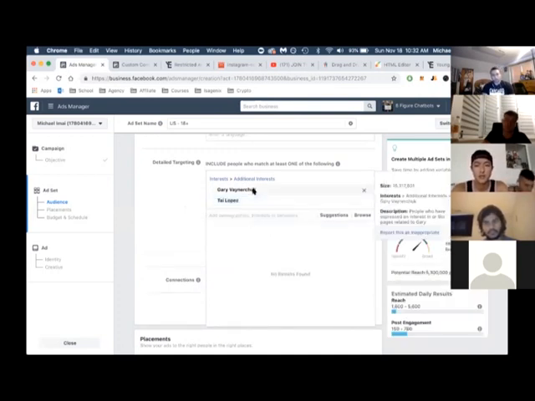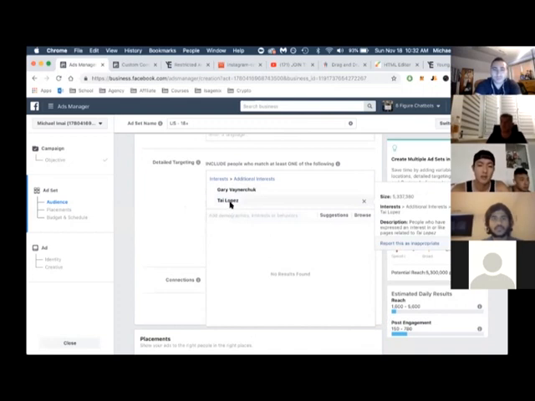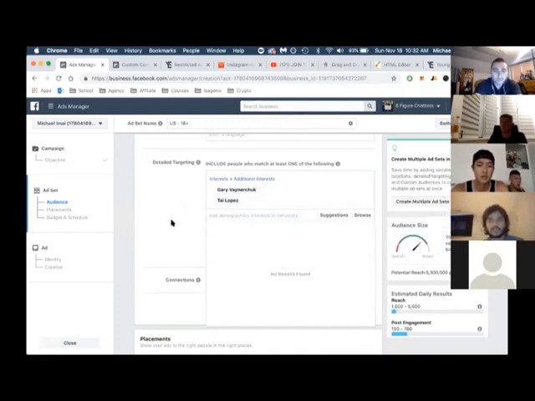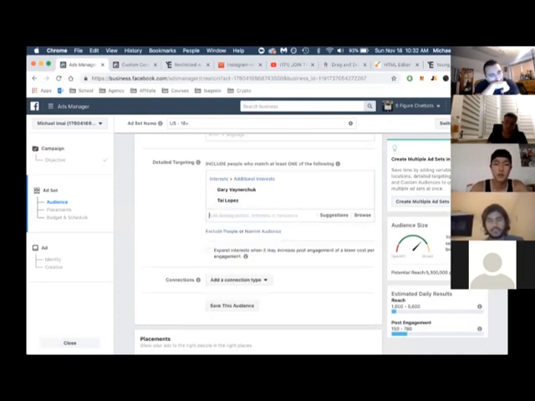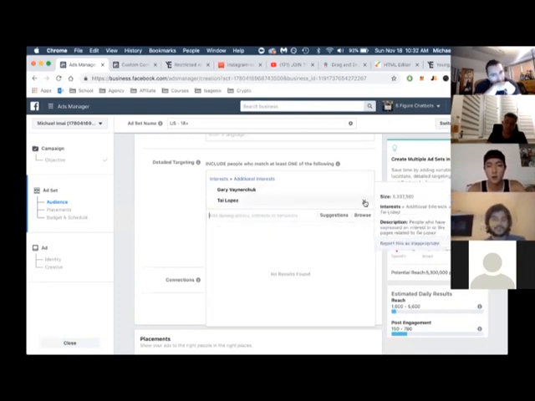Look at these audiences, guys. You're going to be able to reach an audience of 16 million people. And Tai Lopez, 5 million people like his content. You can also target things like affiliate marketing, a 6 million audience, right? So you can get really creative with this, but what I want to really emphasize is